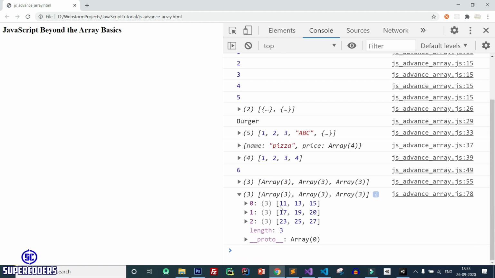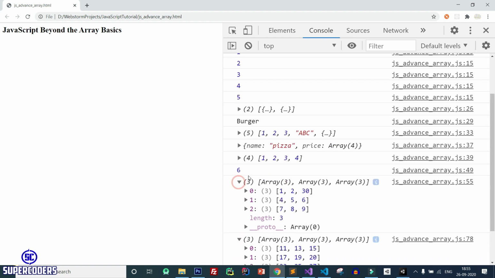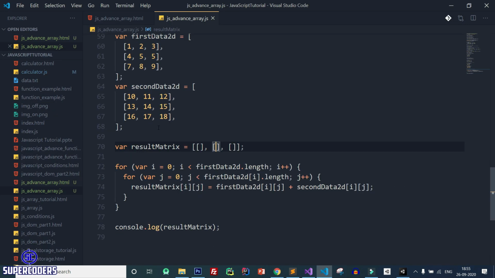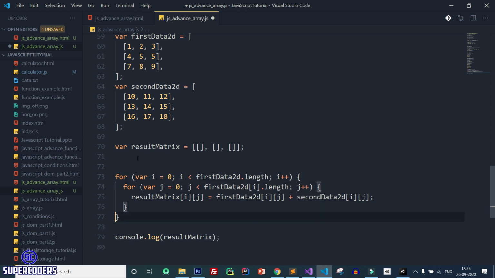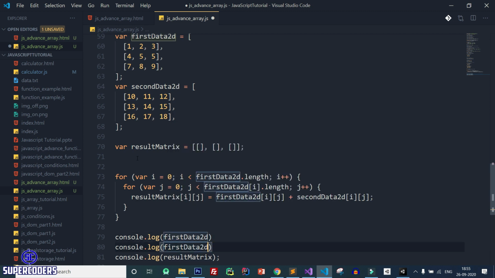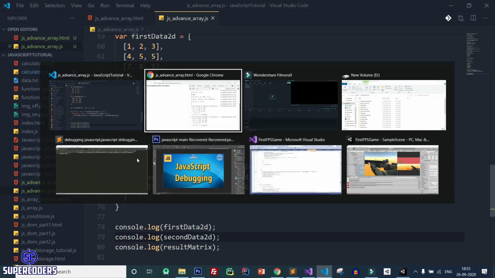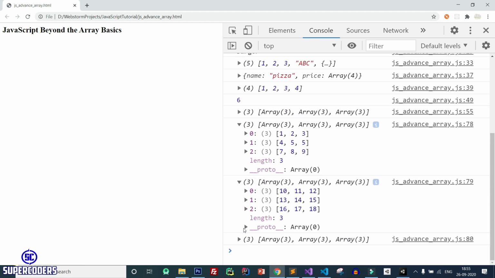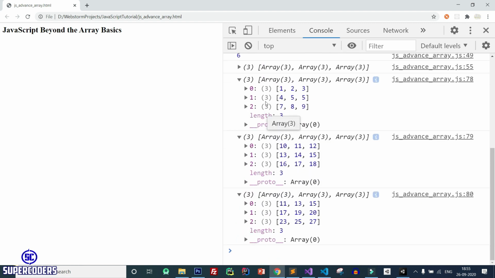If I open this data, you can see, open this also, and let's print the second data also. So first console.log first data, then second data, save it, back to Chrome, refresh the page, and open this array and this. Here you can see 1 plus 10 is equal to 11 and 9 plus 18 is equal to 27.